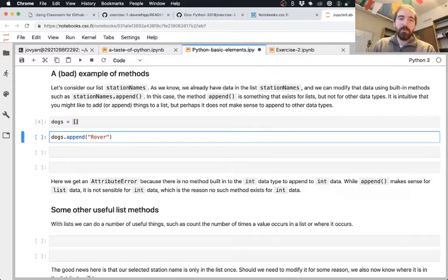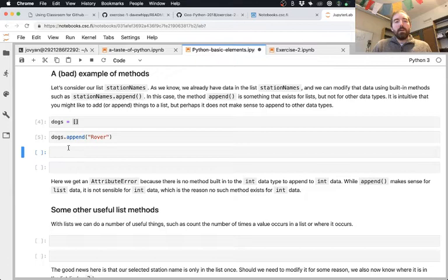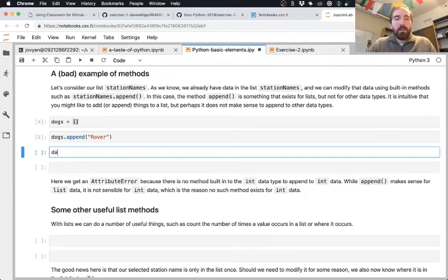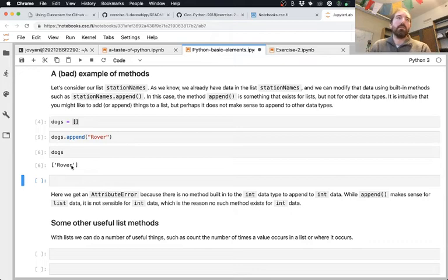Rover is a pretty dated one even for American dog names, but you could put in some name of a dog, and then if you looked at what's in the list dogs, you would see that Rover is there. And you can use this dot append to continue to add more and more things to lists.